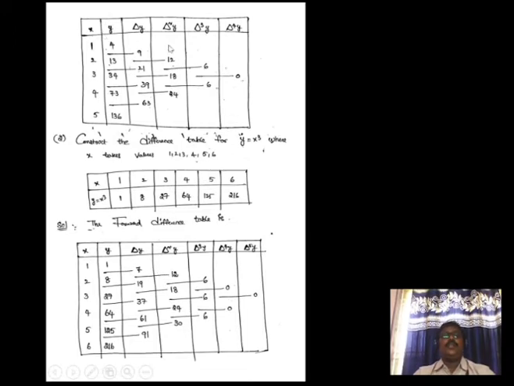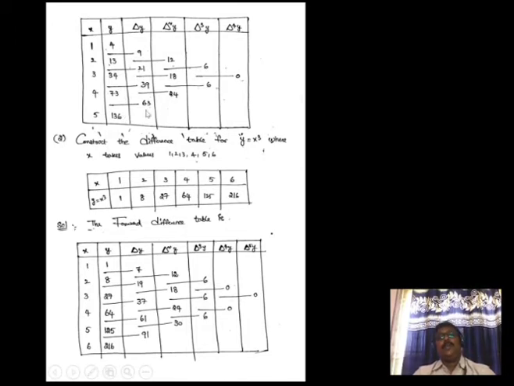Now we are going to construct the forward difference table for a set of given values. The x values given are 1, 2, 3, 4, 5 and the y values are 4, 13, 34, 73 and 136. Now I am going to construct the forward difference table. First I have written the x values, after that the y values, and then delta y is the first difference. I found the difference as below value minus above value. So 13 minus 4 is 9, 34 minus 13 is 21, 73 minus 34 is 39, 136 minus 73 is 63.